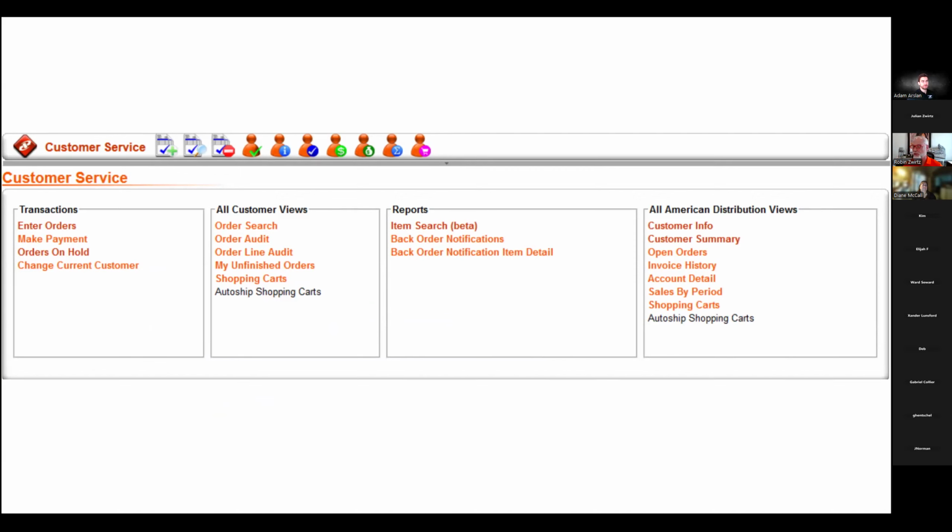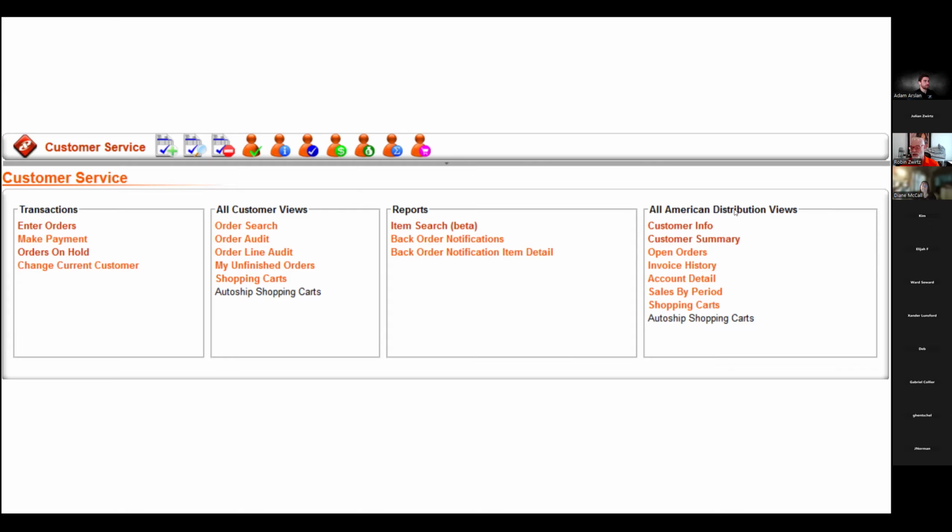Your VoIP app running on your Windows PC gets that phone call, and it can actually take that phone number and pop a browser, and that can auto select the customer as well. So once you've selected a customer, you're basically looking at the customer service dashboard, and this has all of the tools that you need. And this is a really key takeaway: it's very focused on the customer that you're talking to. And so in this scenario that we're running today, I've selected All American Distribution as the customer that